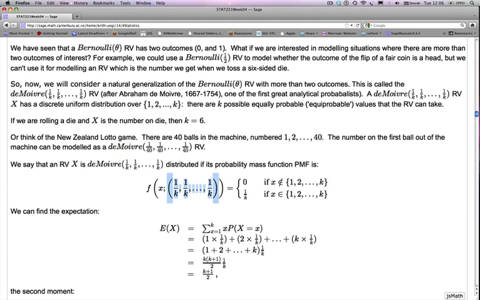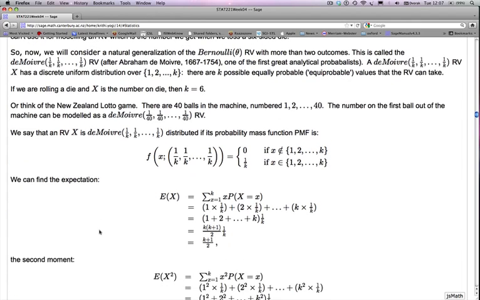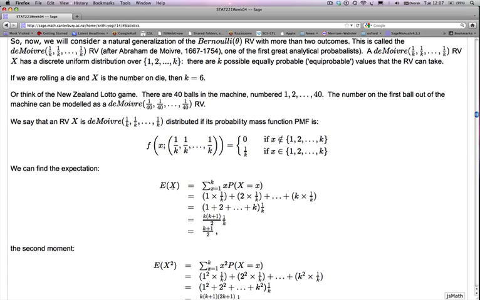So this vector is the vector of parameters. The same way the parameters follow the semicolon. So little f of x is simply 0 if x is not one of these elements in the set 1 through k, and it is the value 1 over k if x is one of these elements. So we can now find the expectation of this de Moivre, equiprobable de Moivre random variable with 1 through k